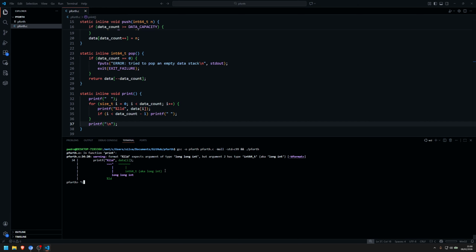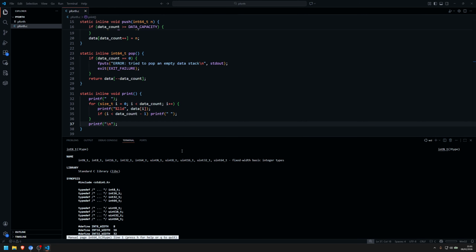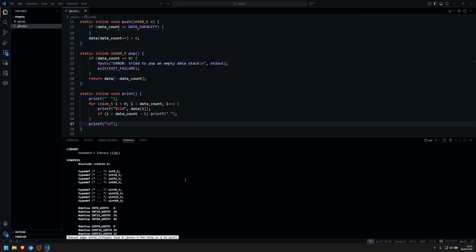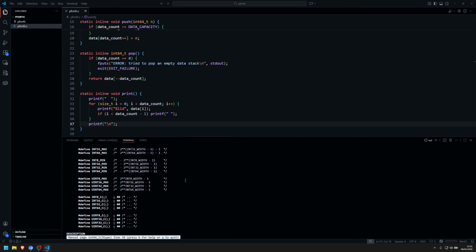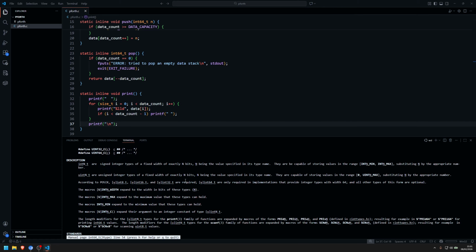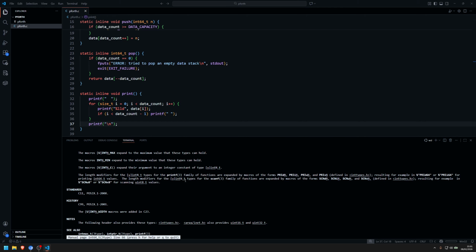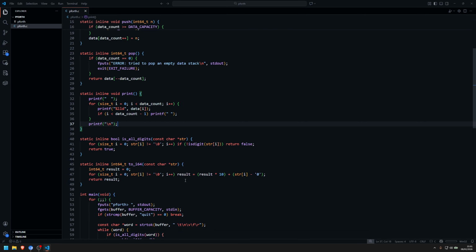Oh yeah, for that I would need, I don't remember, it's like standard, some weird standards. Let me check. 64. Yeah, I don't know if this lib also includes the format specifier. It would be cool if it did, but it probably doesn't. Yeah, it doesn't. Okay, so let's just do that for now